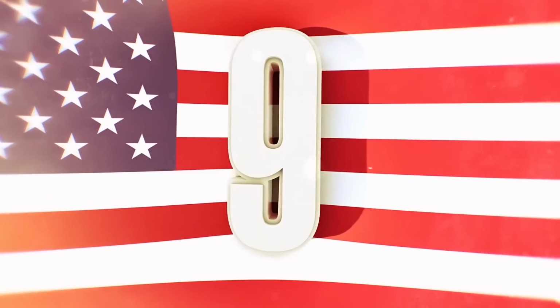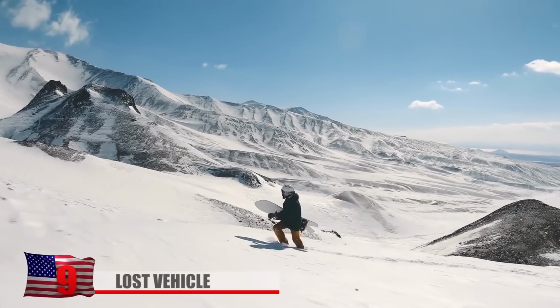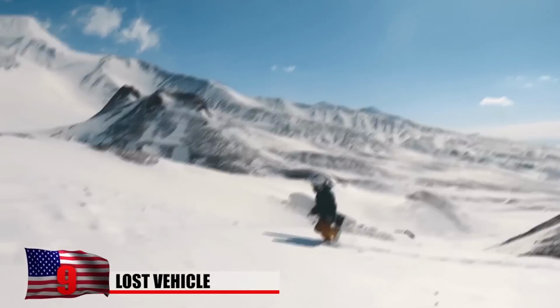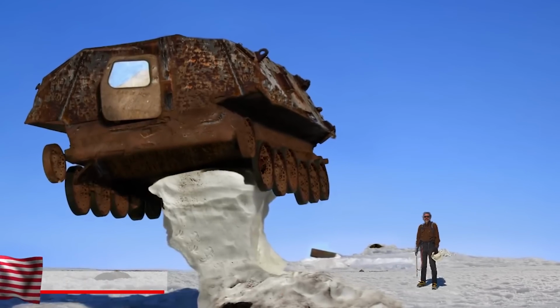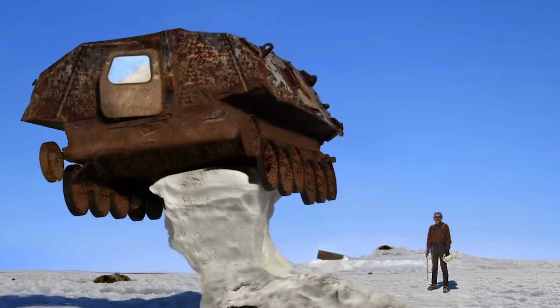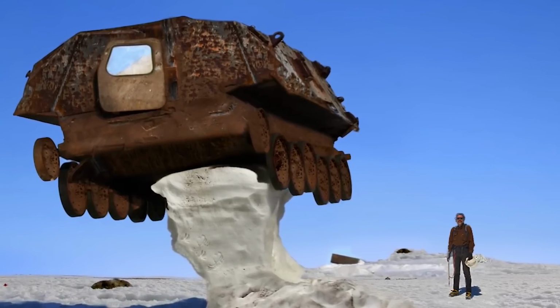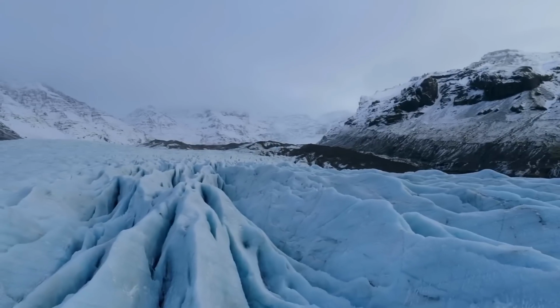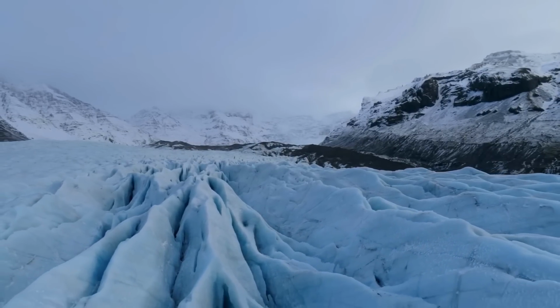Number 9. Lost vehicle. Crossing an unforgiving polar environment can be both time-consuming and life-threatening. Exploring these landscapes became much easier and safer with the invention of specially built vehicles designed for the intense conditions. But the earliest designs weren't exactly the greatest. One colossal failure of a machine ended up being abandoned simply because it was easier than trying to drive it